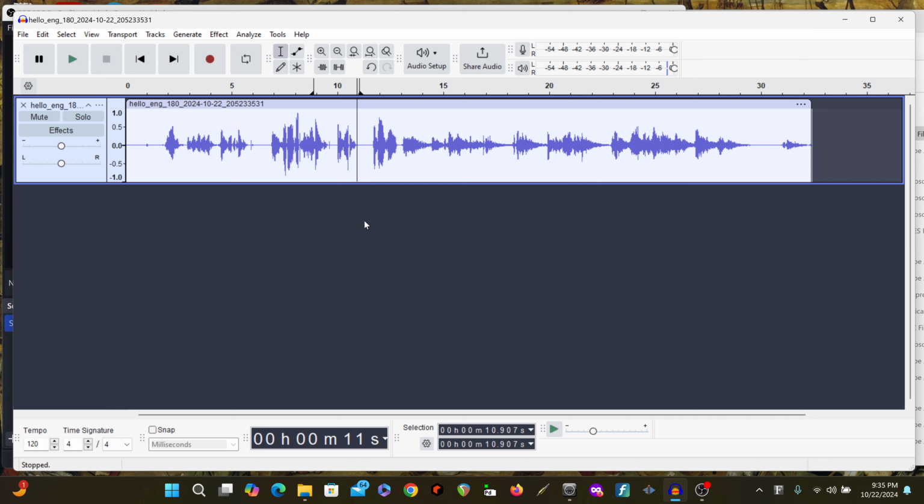Now, I could use that reverb for the entire waveform. I could use it for just certain points. Just some ideas for you on how to use Audacity to improve